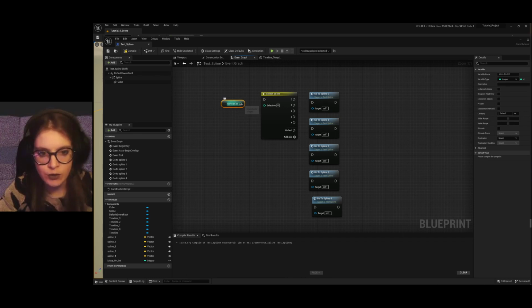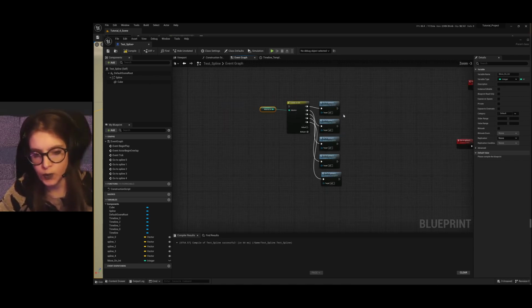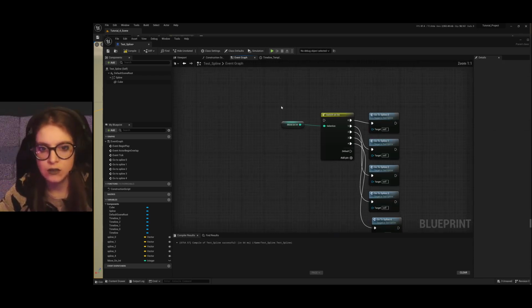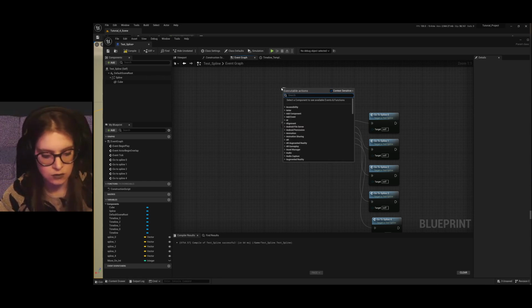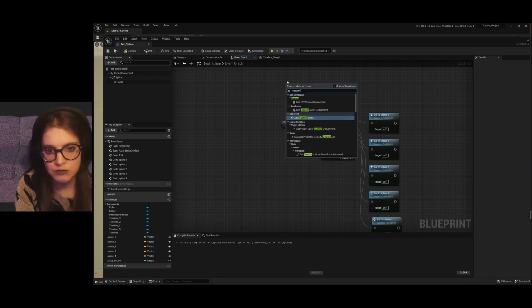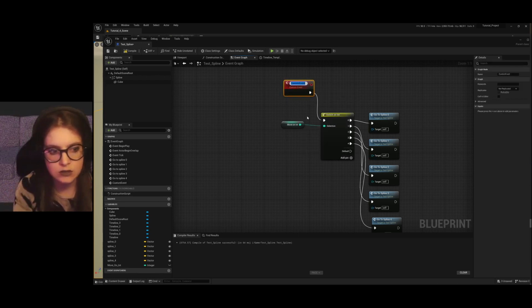Basically, whatever this number is, attach this to selection. Whatever this number is, it's going to execute whatever event is on the number that it's called. So this is a really great way to control events and execute in the execution flow. So I'm going to make another custom event, and I'm going to call it move on switch,